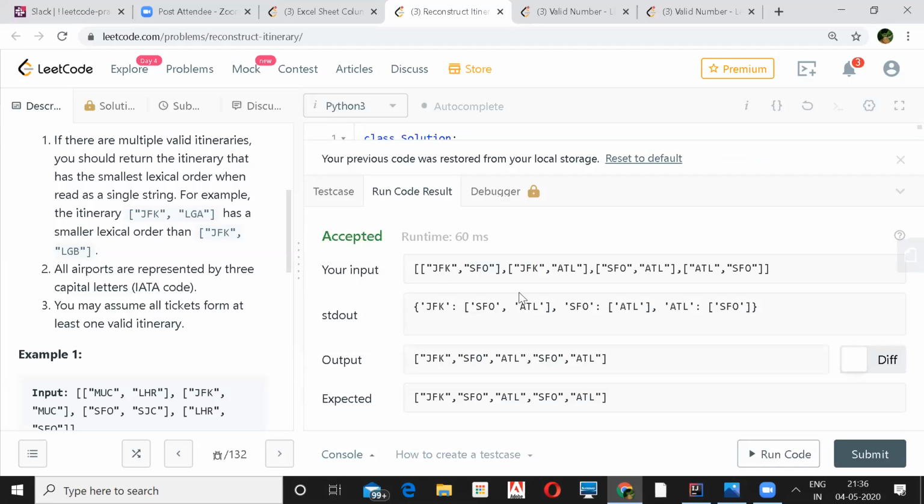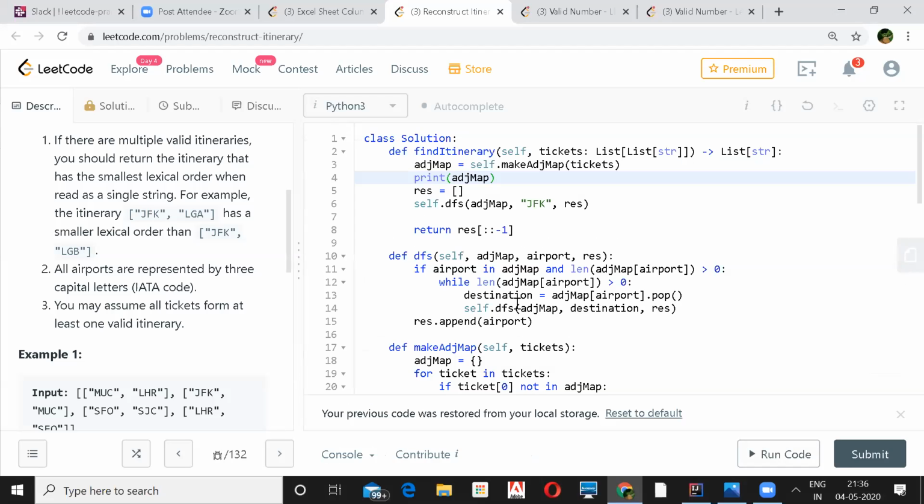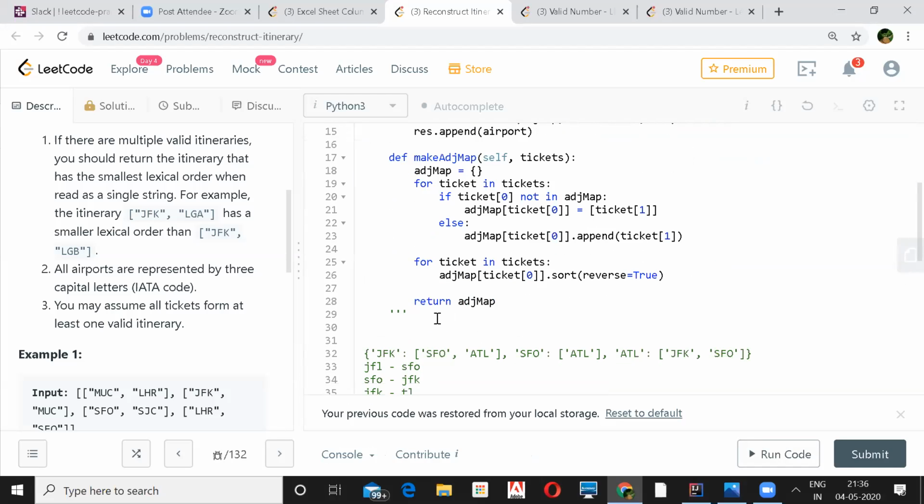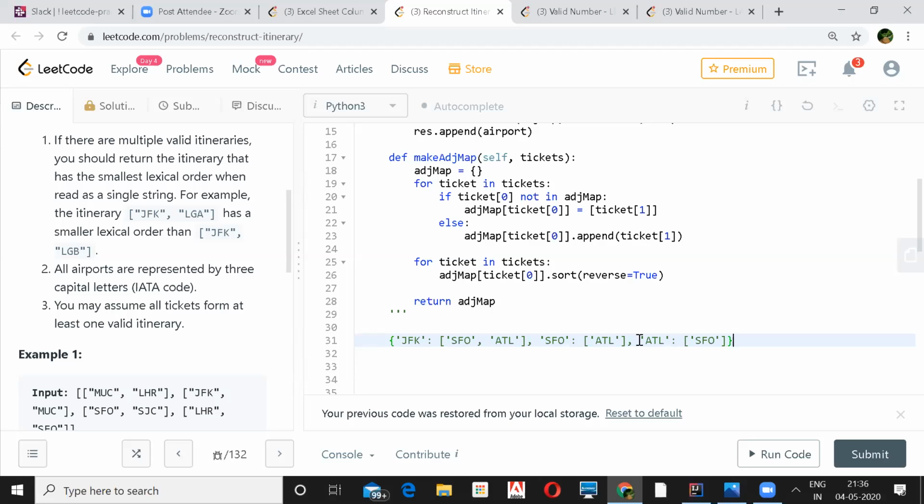Screen is visible, right? Yes. So according to your example, this is the dictionary that I'll get, right? Yeah, JFK to SFO, SFO to ATL, ATL to SFO, and then SFO to ATL.